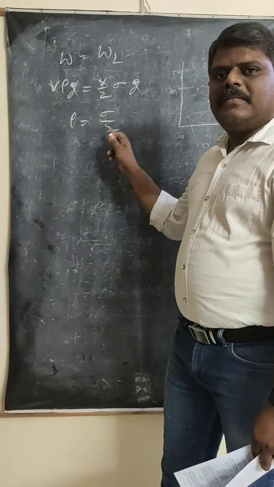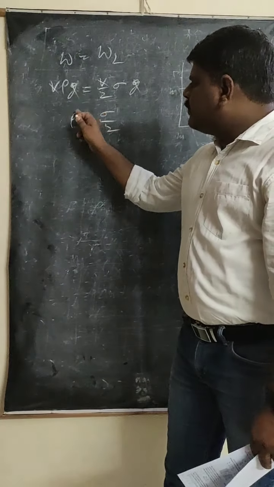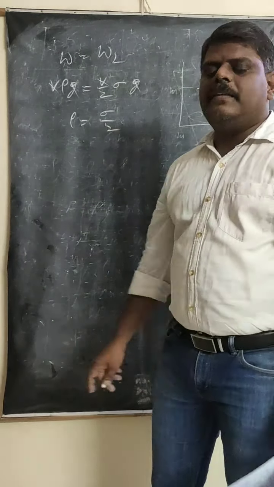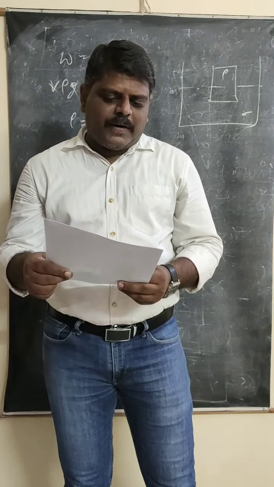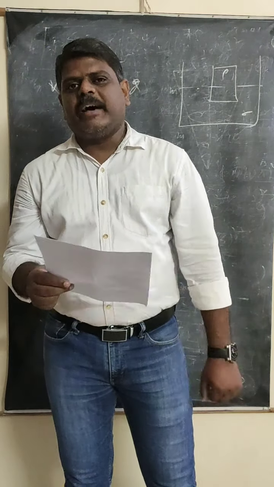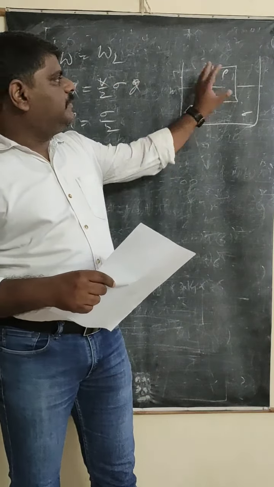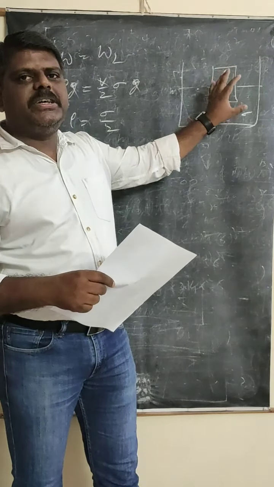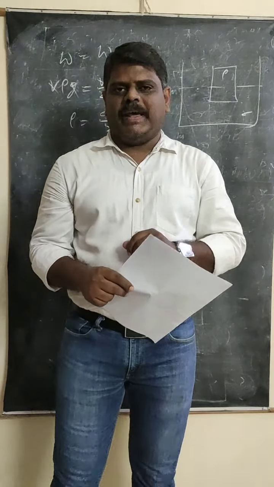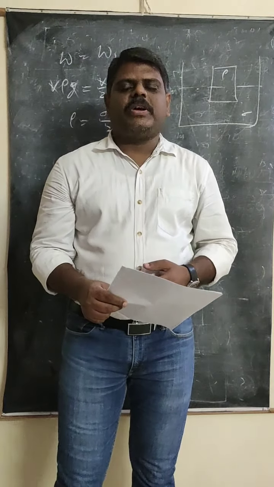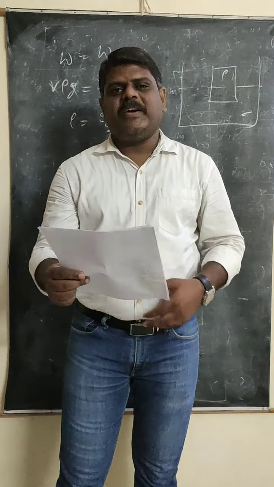This is the relation. What does this relation explain? The density of the object is equal to half of the density of the water. So which option is correct here? The second option, half of the density of the water. So the second option is correct. Simply remember that when the object is in equilibrium position, the weight of that object is equal to the weight of the liquid displaced. If you equate them, you can calculate most of the physical quantities. Okay, let's go for the next problem.